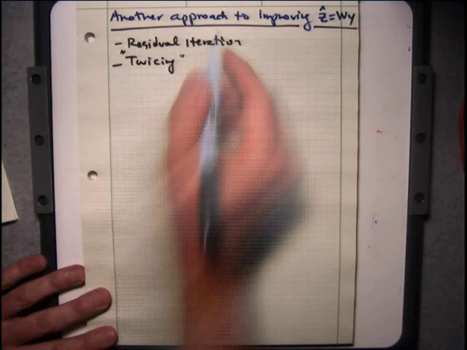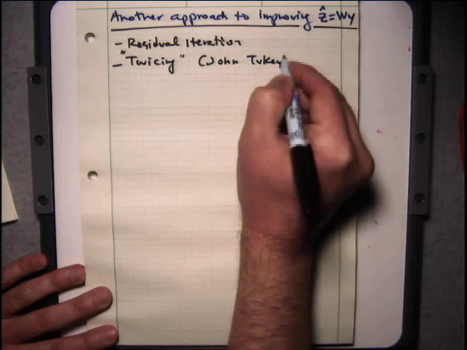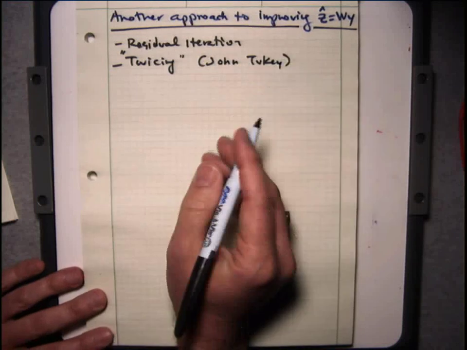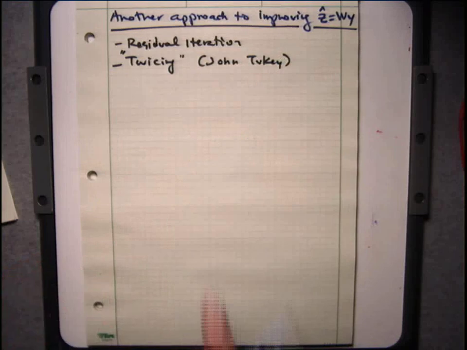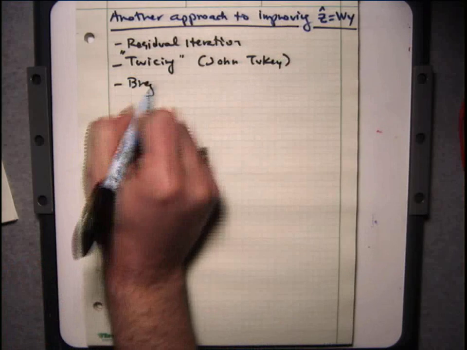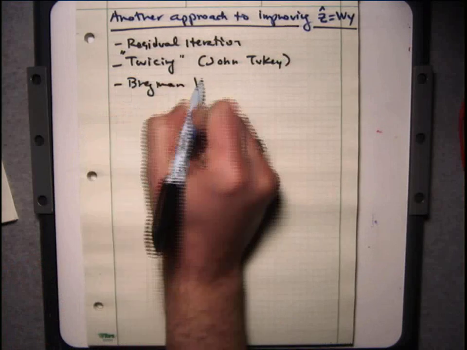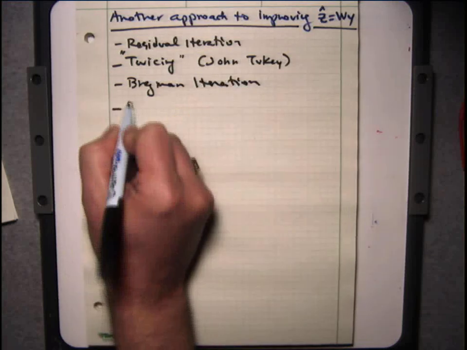So this is John Tukey. Has anybody ever heard of the Tukey window? Used to window data? Same guy. Okay, another name for it, Bregman iterations. Yet another name for it is